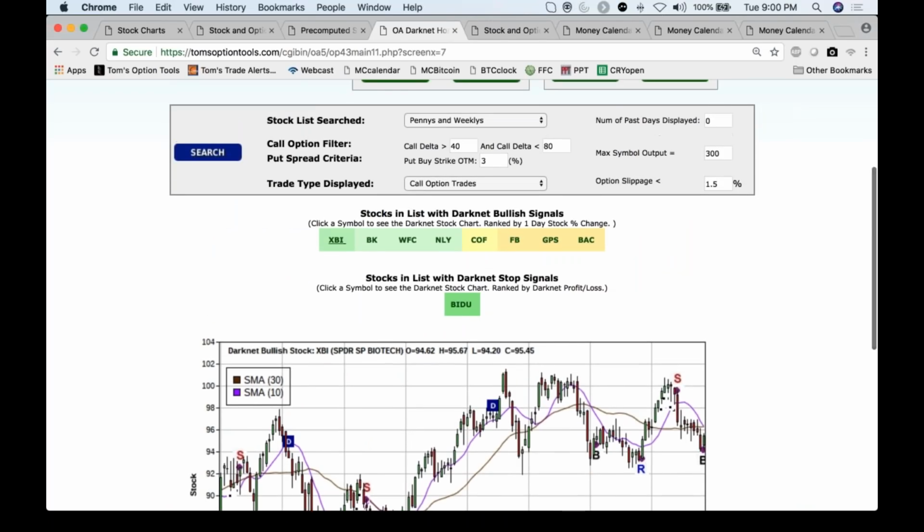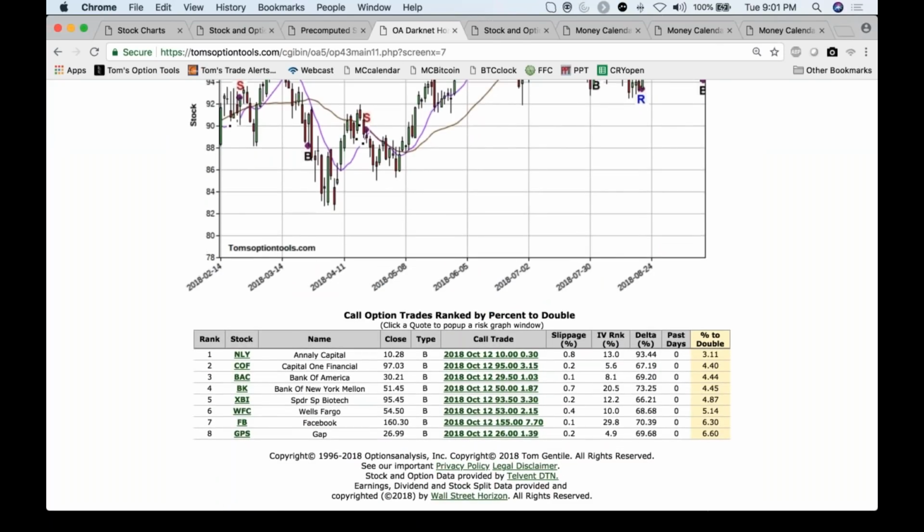So spot the opportunity, darknet, create the low risk trade, in this case calls, plan, execute, and manage the trade. Planning a trade, if you do it, doesn't take as long as it used to. You put it into your brokerage account, you set it up and decide whether you want to do a limit order, whether you want to jump in and buy it at the market, and then you start setting up your exits. And for me, for instance, if I'm looking at XBI and I say to myself,